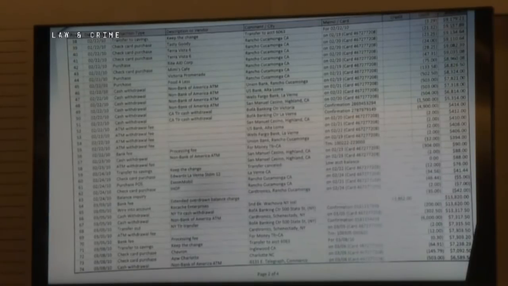This is a transaction on March 5th of 2010. It's a wire into the account, a wire transfer. It's from CoCash Enterprises, and the amount is $13,862. And because there was an overdrawn balance before that, this left the account with a balance of $13,820. Okay. As you went through these bank accounts, did you notice that there was a significant number of fees